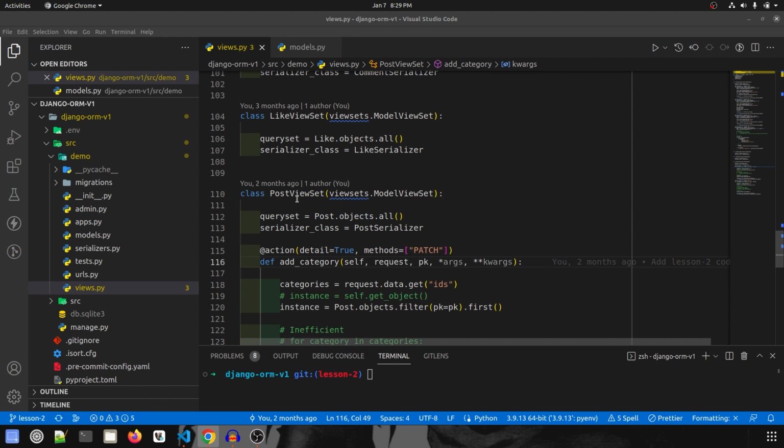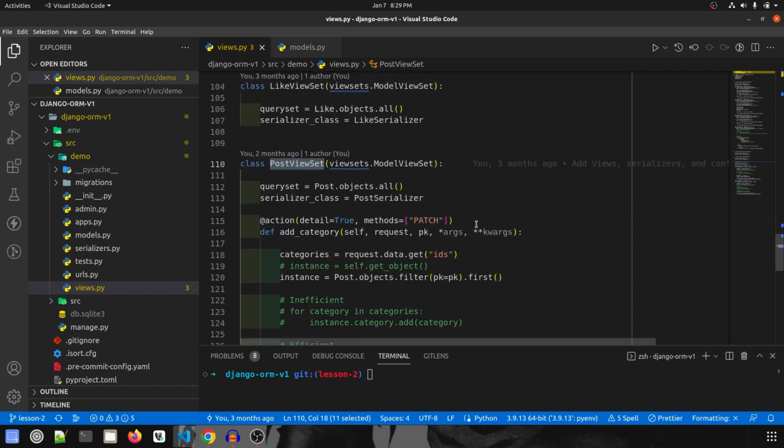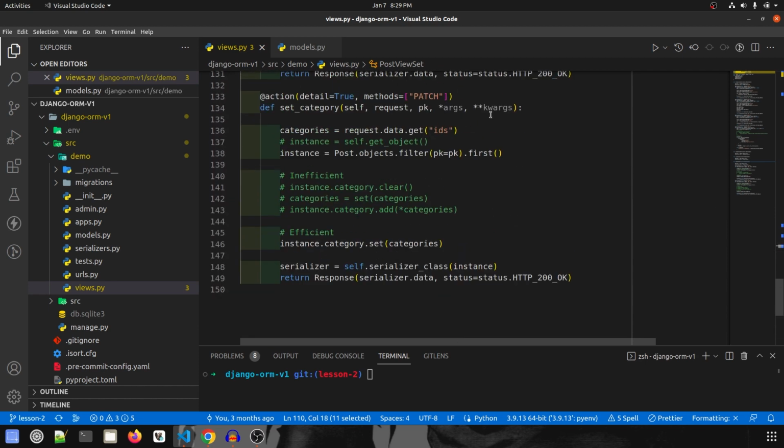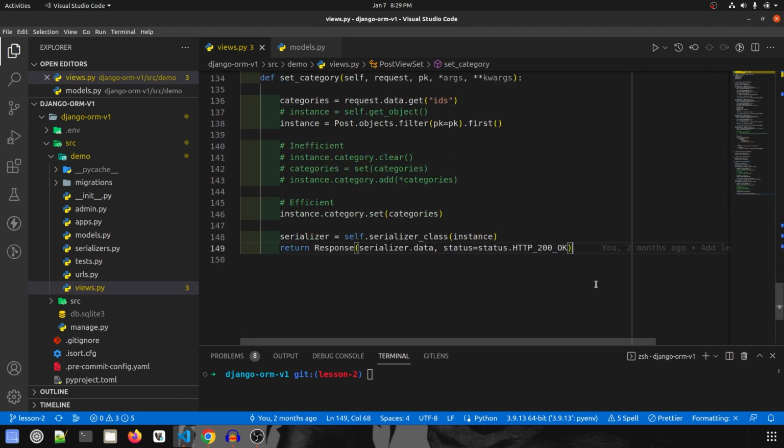So for this, we are going to start by updating the data first, and we'll start that in the post viewset. We'll go down and create a new endpoint, and this will be called update_data, and this will be taking self, request, pk, along with args and keyword arguments.